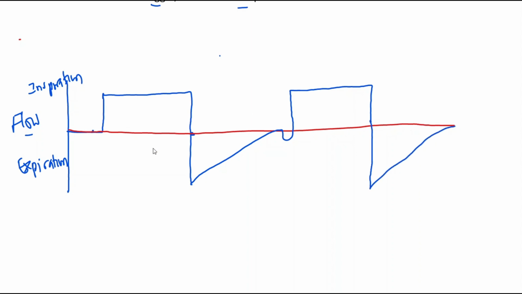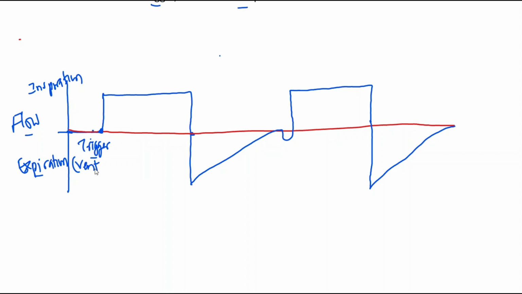So let's look at this diagram. Remember, everything up above this baseline will be inspiration, and below here is going to be expiration. Starting from this point, that's going to be our trigger. And when you look at this trigger, this is going to be an example of